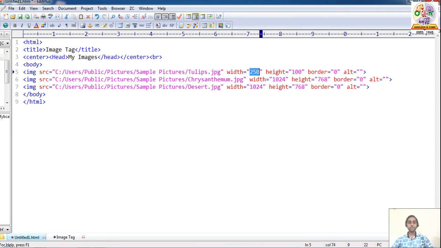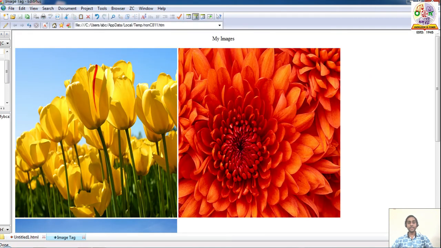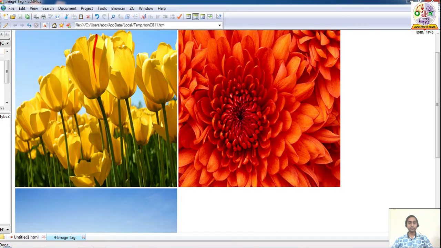I set everything to 500, width and height both 500. The second image is also 500 and height is 500. The third image is also 500 and height is 500, like this. Then this is the next page.